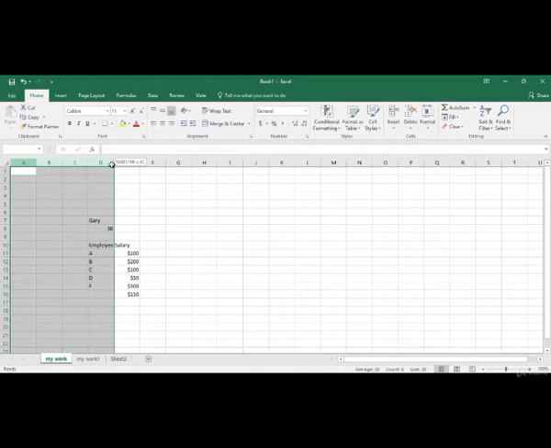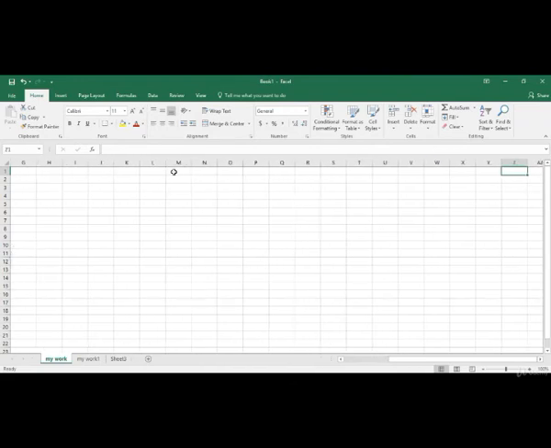In Excel, the columns are vertical, and they are named from A. As I keep on scrolling, they keep on increasing: A, B, C, D, and so on. After Z, they go to AA, AB, AC, AD. If I go to the very end, it stretches all the way to XFD. In total, you've got more than 16,000 columns in an Excel file.